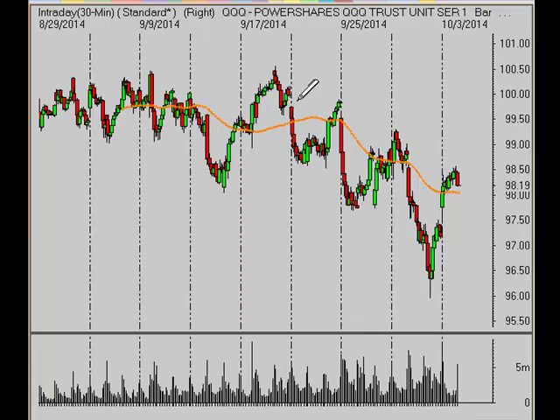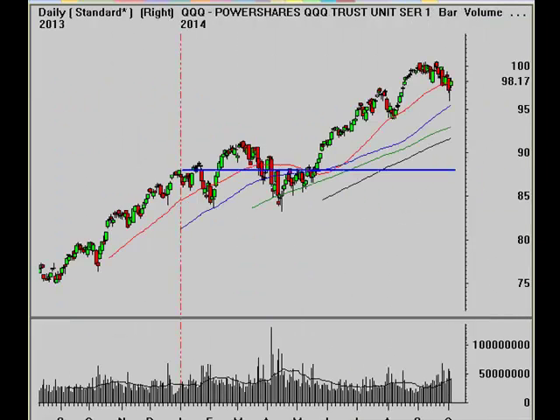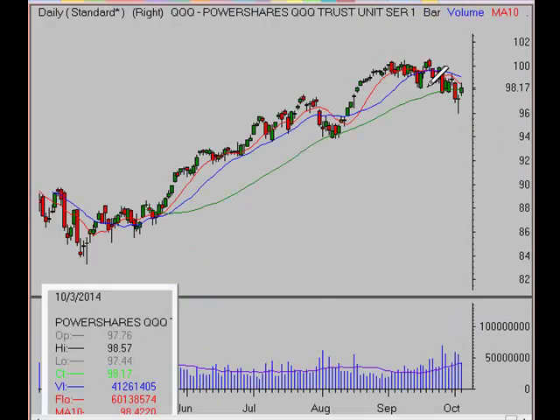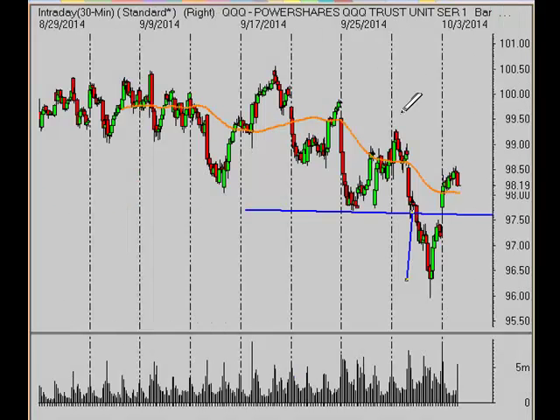The NASDAQ broke an important level this week as well, and then we saw a nice recovery the last 2 days. So we saw what seemed like a little bit of a panicky type of selling action that brought us down close to the 100-day moving average in the NASDAQ. And here we see on a 30-minute time frame, we've still got this pattern of lower highs and lower lows. So, we had a decent 2 days from those lows. But again, I'd like to see a pullback, perhaps down towards 97.5 or so, and then to turn